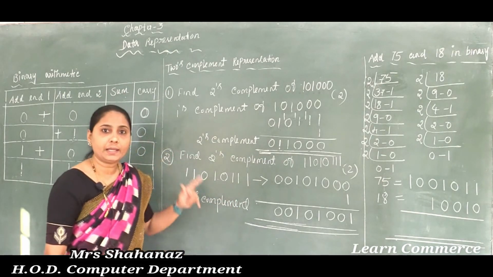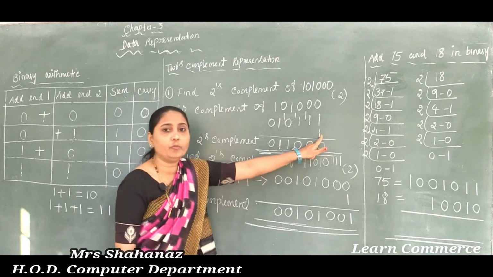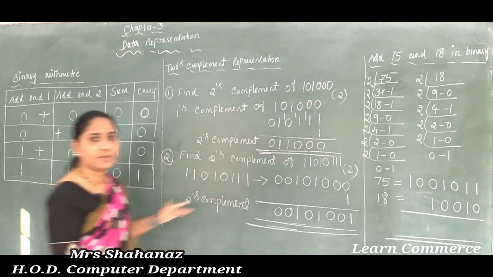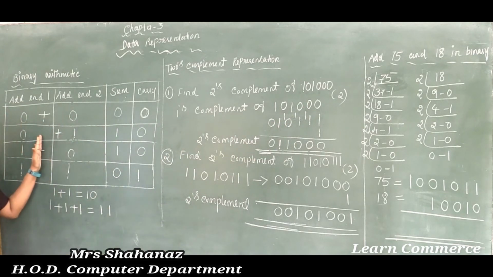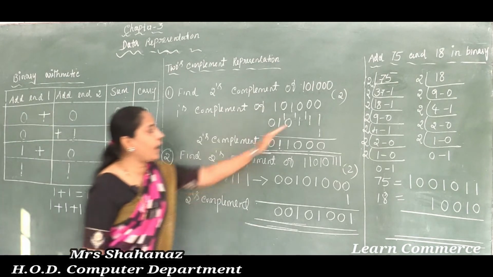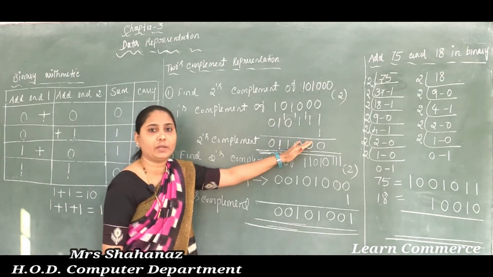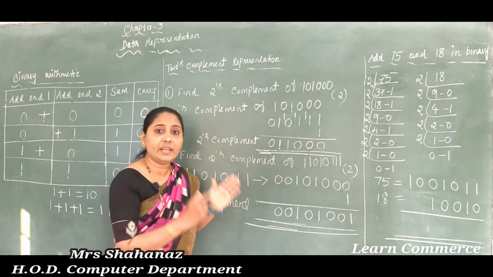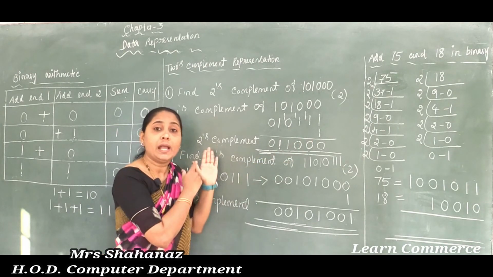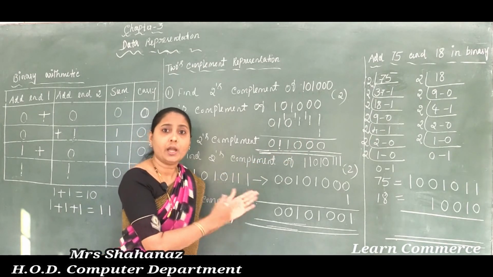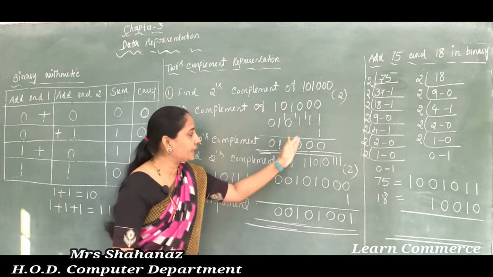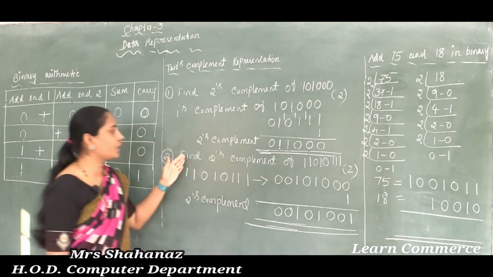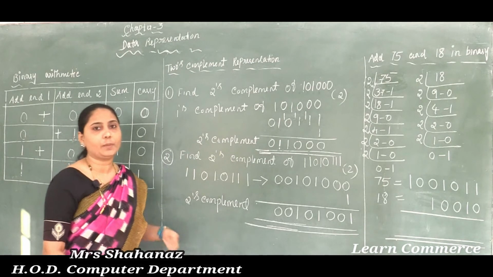Okay, and afterwards we need to add 1 to the least significant bit position, and after that, as we know the table of the binary arithmetic, by using the rules of the binary arithmetic table, we need to add all those values one by one. If any carry part is there, we need to bring such carry to the next position. Clear this point here? To the next place here. So like that it is possible to get the answer of the 2's complement of the binary number.